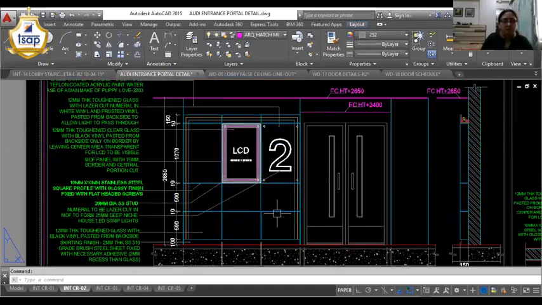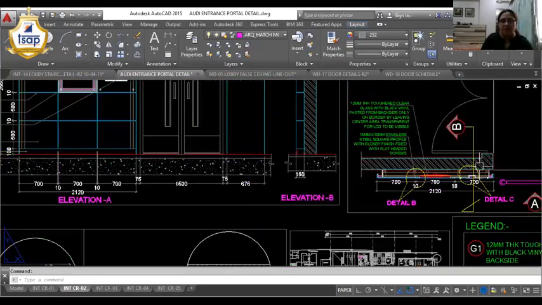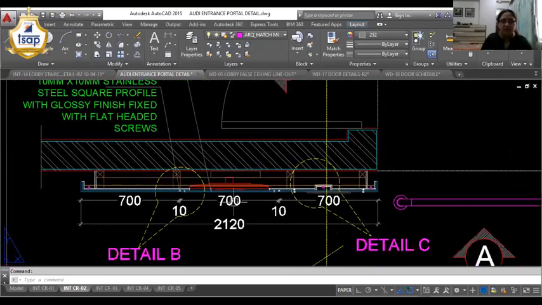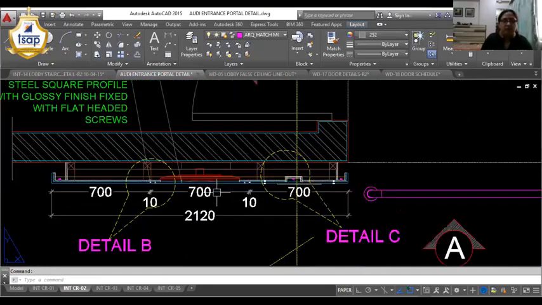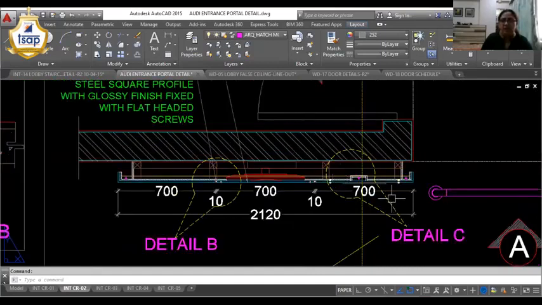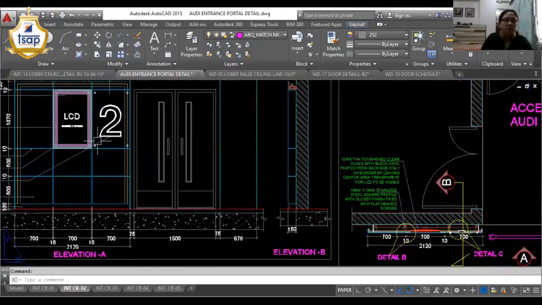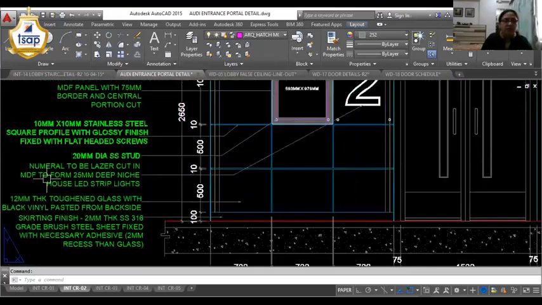So we had shown the detail drawing with the wooden paneling thickness in the plan also, how much the thickness of the wooden paneling is, how the LCD is concealed, and there was a glass cladded over and above the LCD, fixed with stainless steel studs. The signage seen here, the number 2 signage, is actually part of the glass itself. Now you can read the specification of the glass.